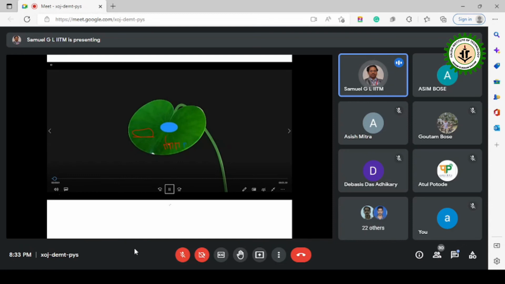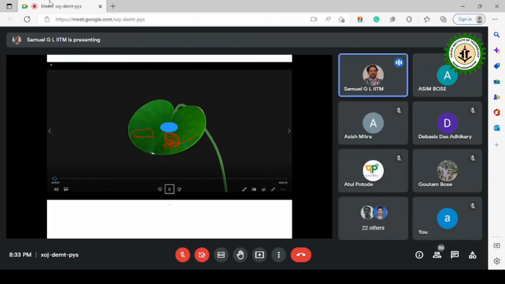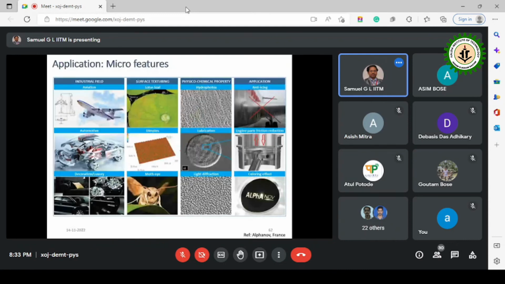But with the pillars, they make this angle larger and thus a spherical droplet will be formed. So this is natural on the lotus leaf,